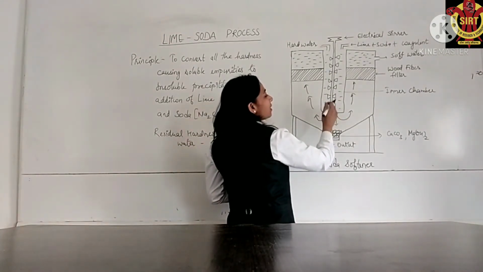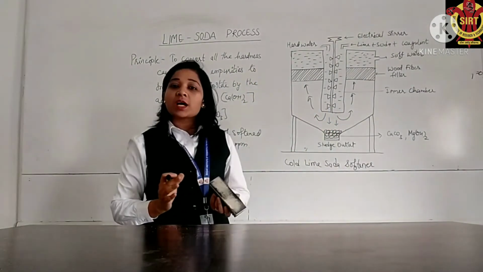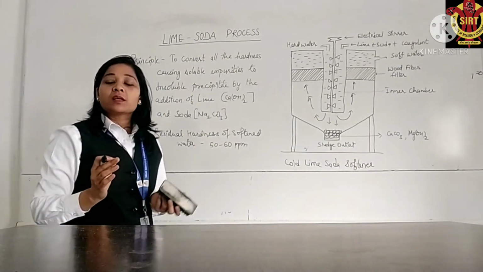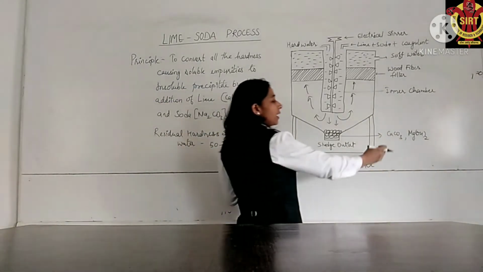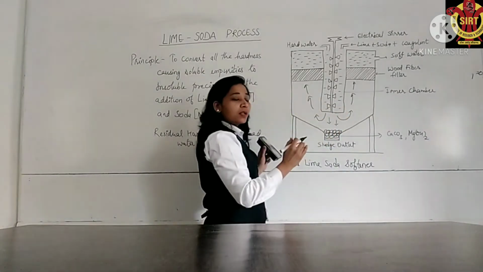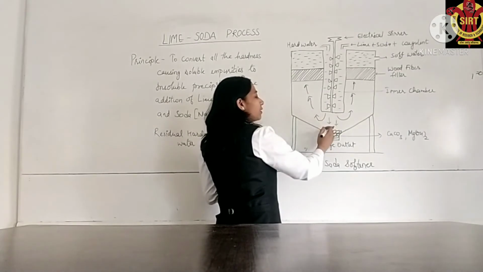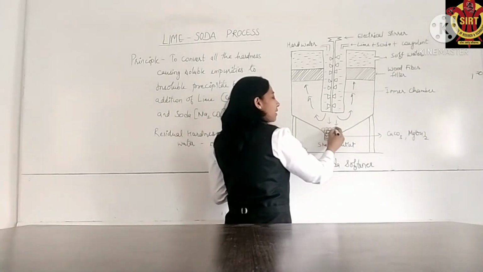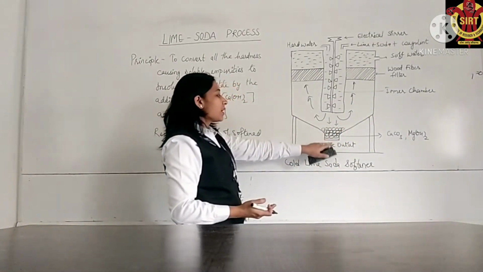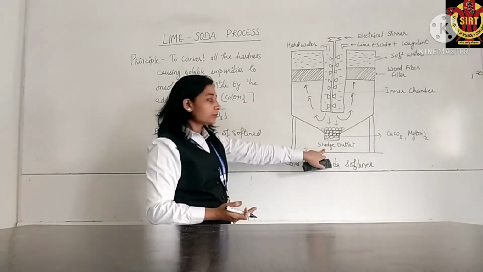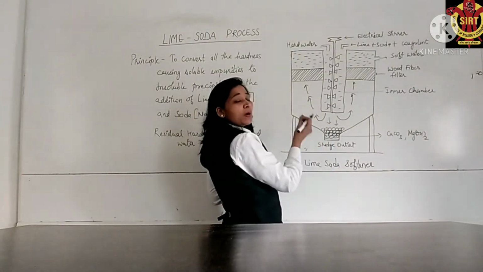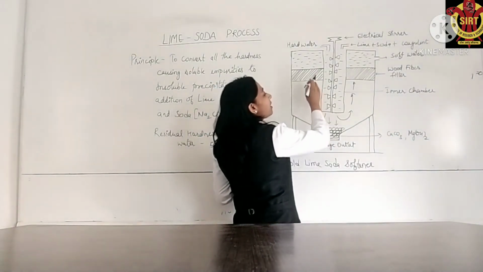After the complete reaction, the hardness causing impurities get converted into insoluble precipitate. This precipitate is of calcium carbonate and magnesium hydroxide. Here we are seeing that when water after reaction comes out of the inner chamber, due to the precipitate and its gravity, being heavy in mass, the precipitate accumulates at the sludge outlet where we can remove it from the bottom. Water which is free from sludge, but having some minute particles of sludge remaining in it, is removed by the